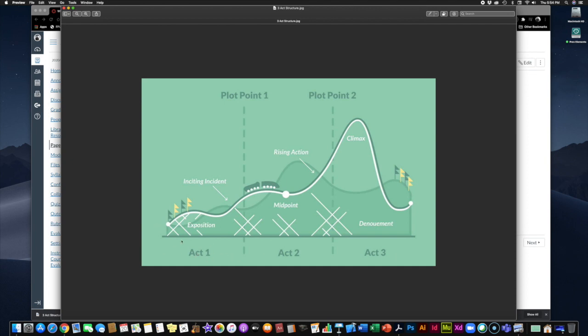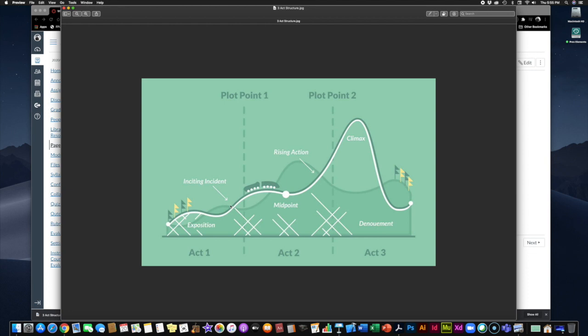So you'll see here that the beginning of the first act is about exposition. Exposition is simply sharing important information with the audience. The who, what, where, when, and why of the story. Where are we? What's our location? Who are our characters? And what's the basic thing that's going on at the beginning of the story? And then that's sort of the status quo for our characters. We assume, as the audience, that that's just how life has been going for them for a while, right? And now you just get to see part of their story, either by opening up the novel or sitting down to watch the movie or whatever.